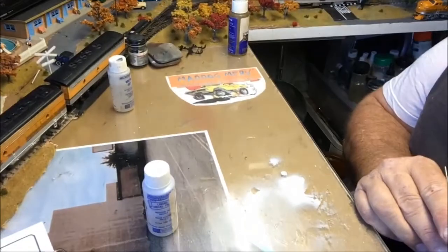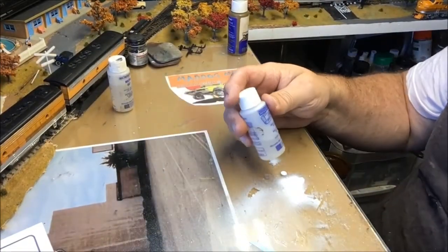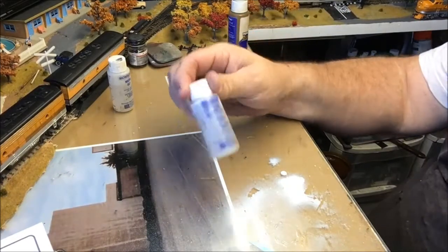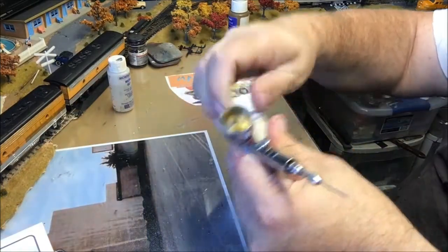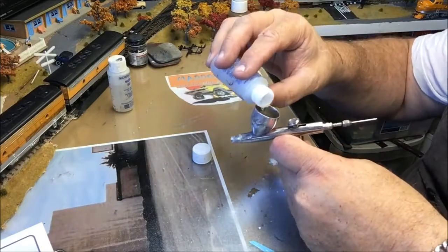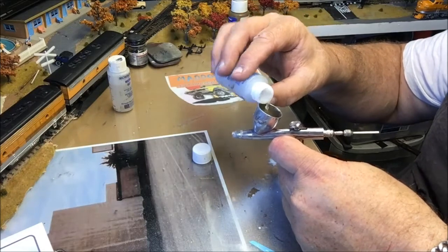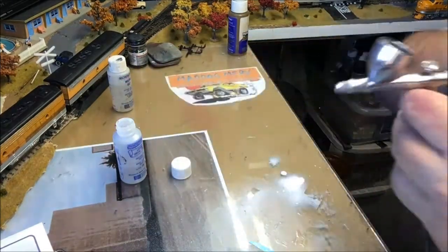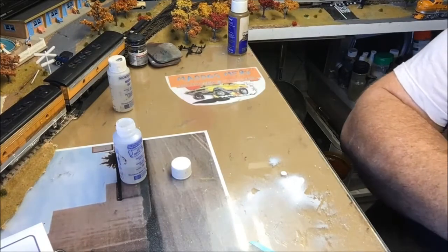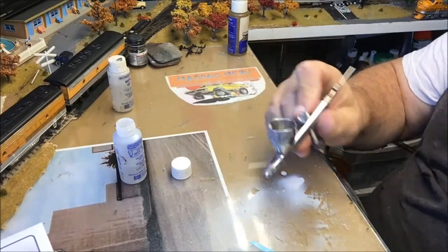Okay, so I have decided I'm going to try and save these decals. Wish me luck. So we're going to use my liquid decal film by Microscale, and this stuff is awesome. The only problem I have is it's a little bit thick. You can brush it on, but for this application, I am going to airbrush it on. I'm going to pour some in there. It's a little bit thick, so I am actually going to make a 50-50 mixture of that and